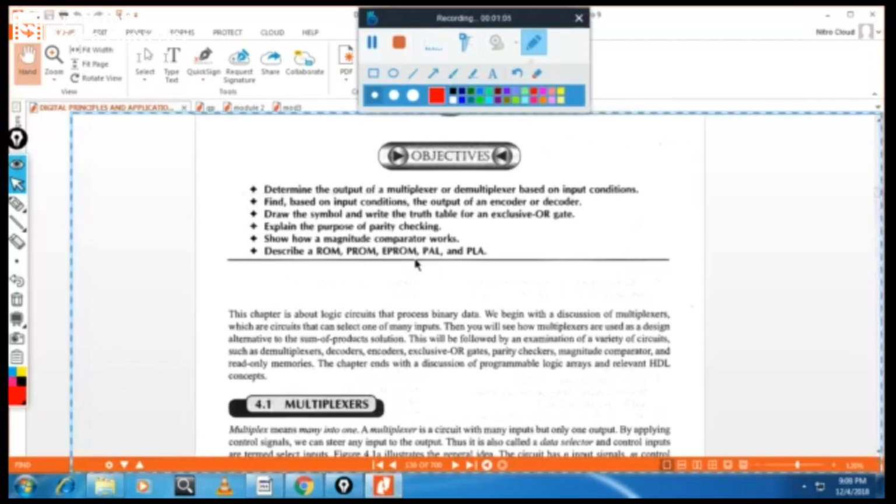So, what is a multiplexer? A multiplexer is an electronic device which has many inputs and one output. At any time, one of the inputs is steered to the output, based on the control signals. These control signals are also called selectors. That's why multiplexers are also called data selectors or data processing circuits.